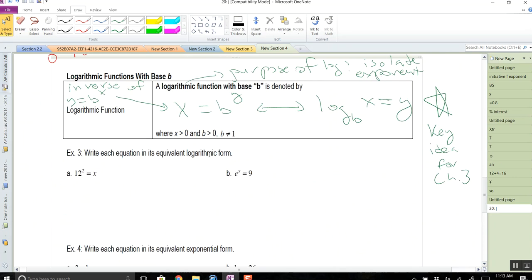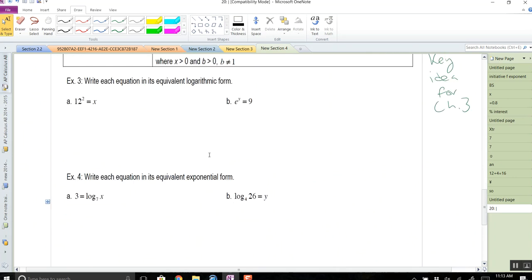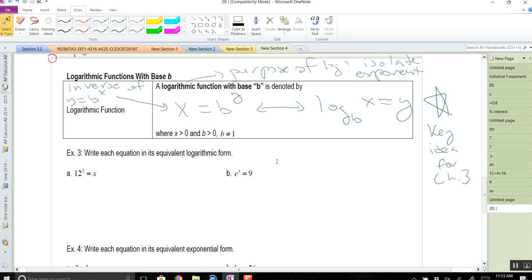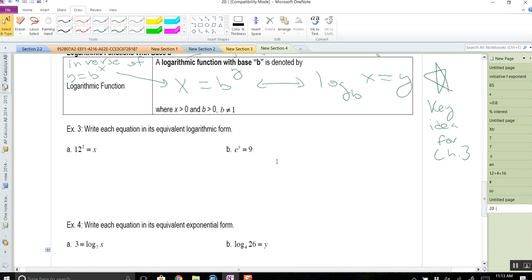This is where I think logs will hopefully start making more sense when you start moving things around. You start seeing that all it really is is just isolating the exponent, right? As I mentioned earlier. So like in example 3, write each equation in its equivalent logarithmic form. So log, and notice how when we write it, when we take the exponent,